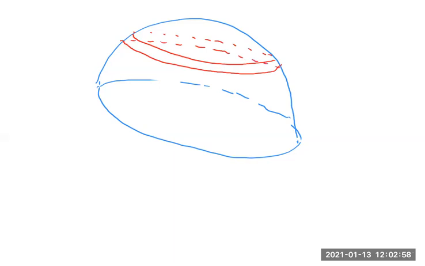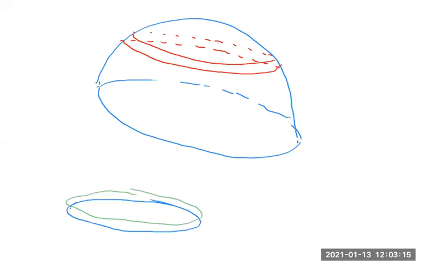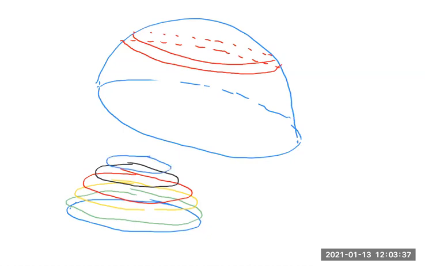Well, what you do is you take a big ring of radius r, and on top of that, you place another ring having a slightly smaller radius. On top of that, there's another ring having another slightly smaller radius. On top of that, you place another ring having slightly smaller radius. And you keep on doing this until